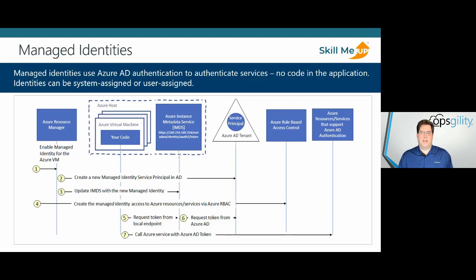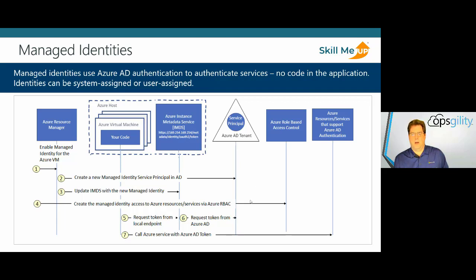These identities are system and user assigned, and so we can assign different users to those services and create those identity principals, and then have those tokens and those capabilities for the role-based access control to kick into place